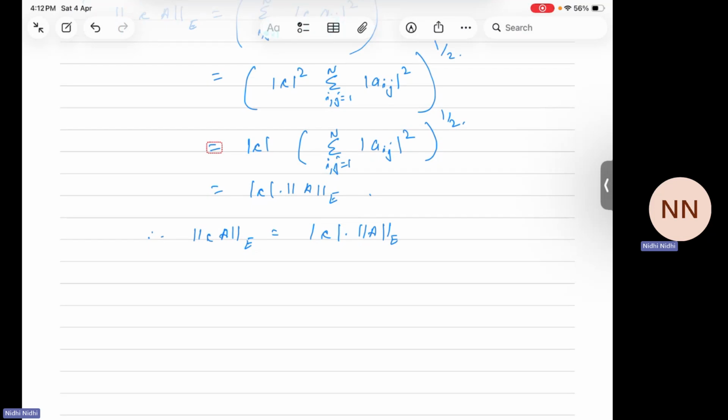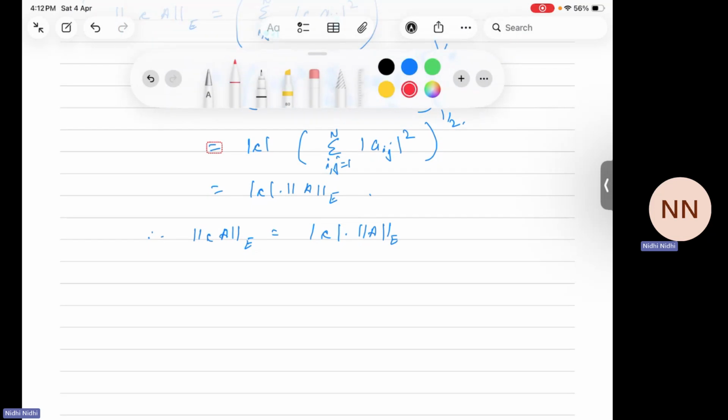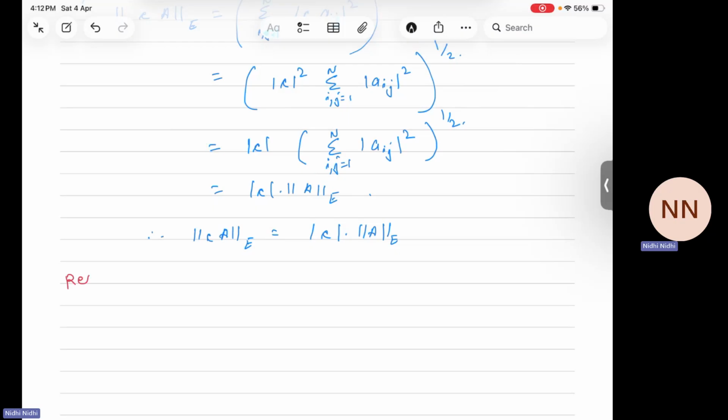I hope you all are familiar with that. I'll just recall Hölder's inequality. It says that